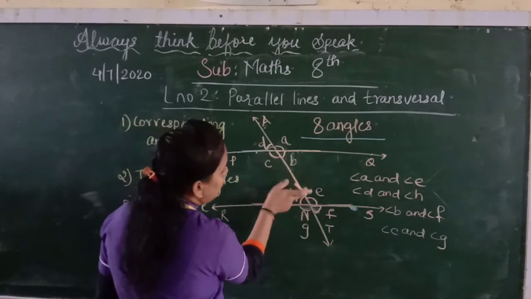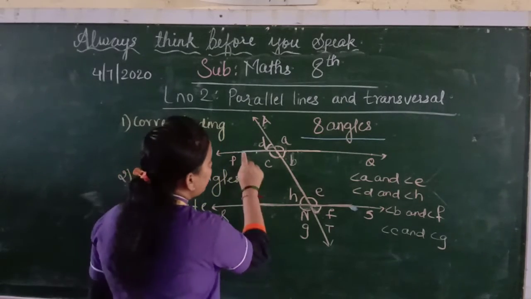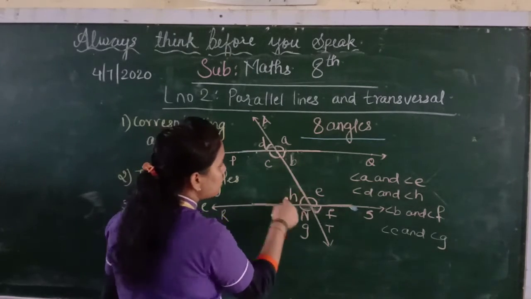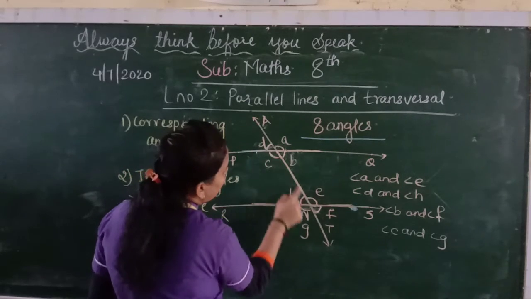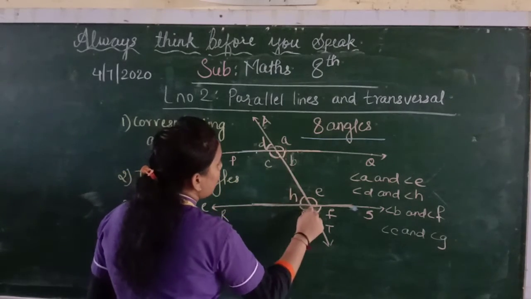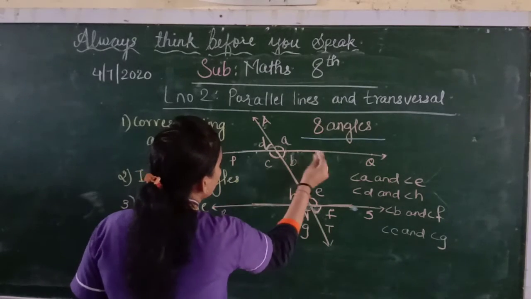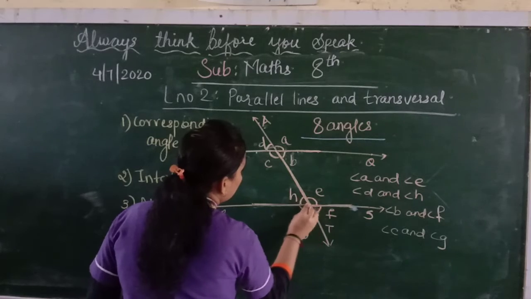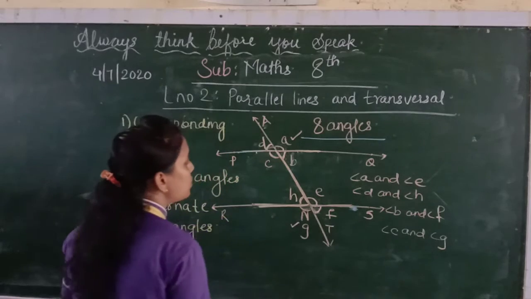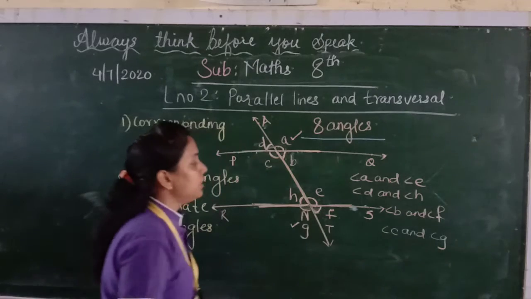Now, what you have more? Interior angles. See, B and D, they are inside interior angles. C and H inside interior angles. Now alternate angles, corners of a Z, C and E, interior alternate. B and H, interior alternate. Now if you are going like this, then D and F, they are exterior alternate. If you are going this way, it will be A and G, which are the exterior alternate.